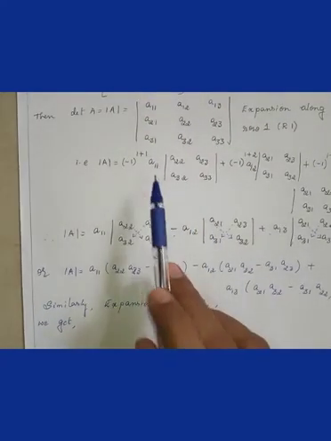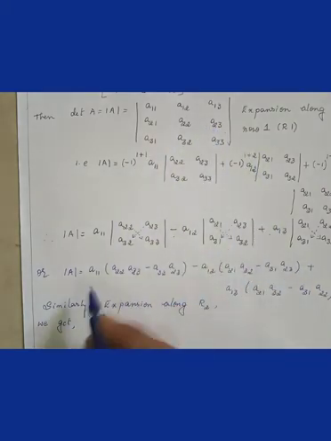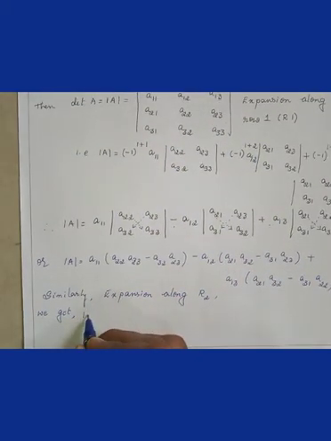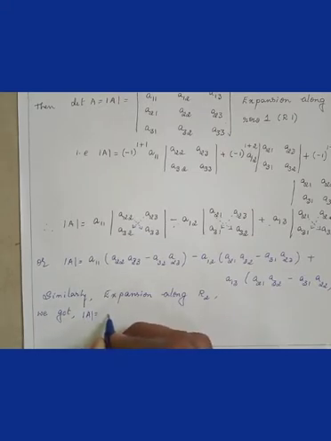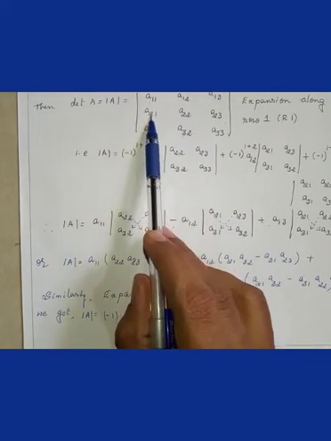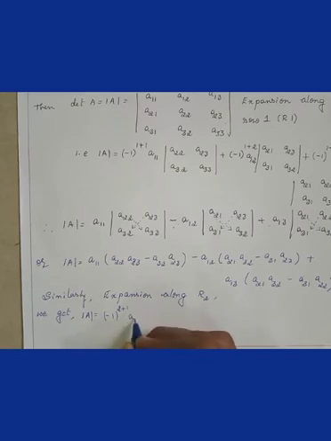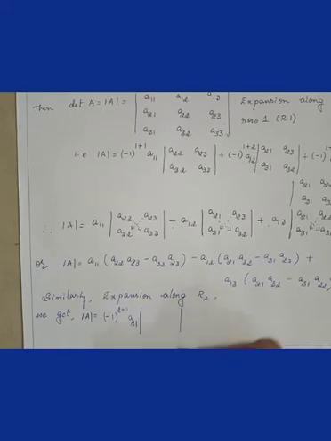Suppose we are expanding along the second row R2. So actually this is the determinant, expansion along the second row. So how to expand this one? Determinant A is equal to minus 1 to the power, second row, right? So A21. So i is 2, j is 1. What is the entry? A21 is the entry. Now you have to write the determinant. What is the determinant?